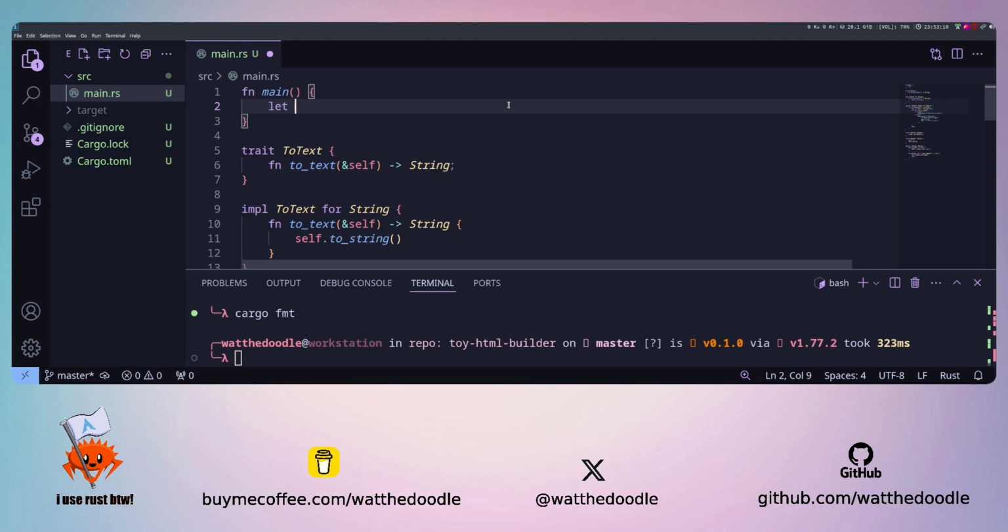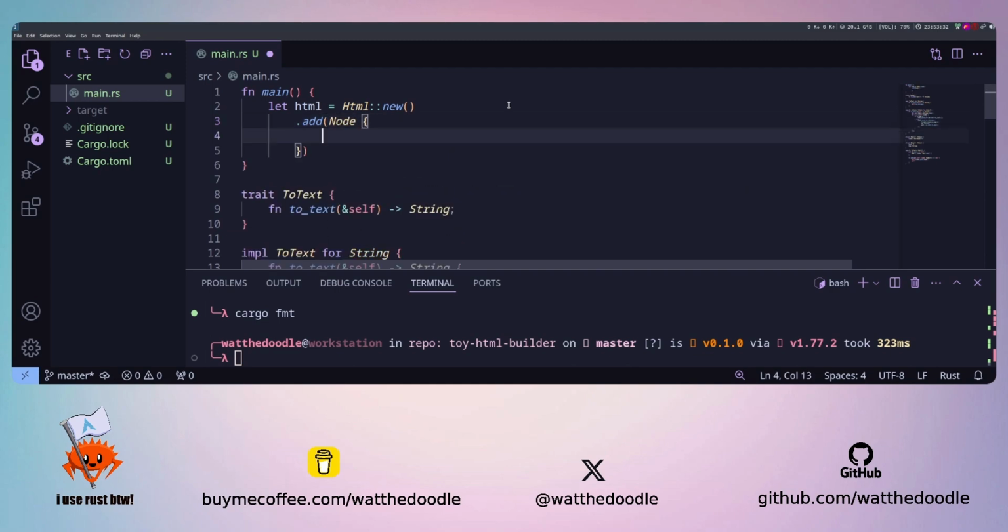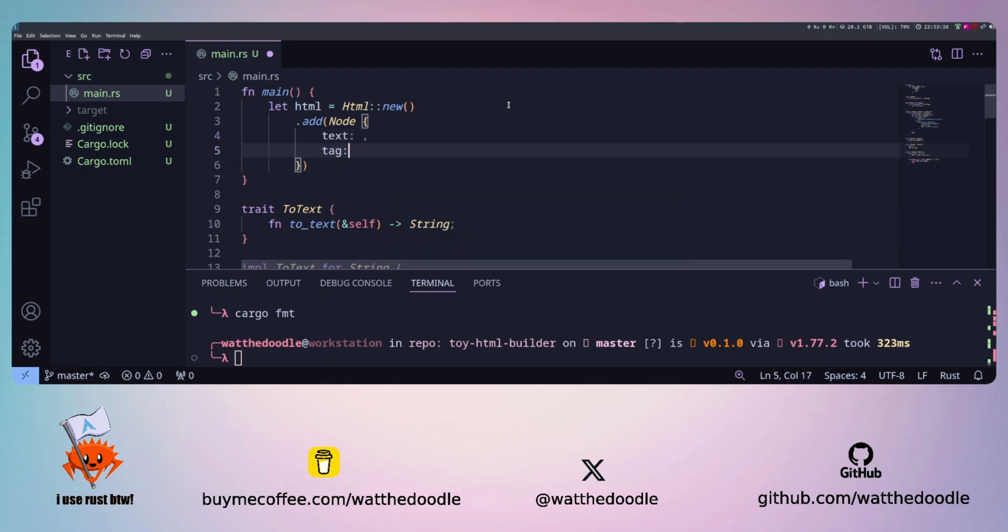So let's say let html equals HTML new, and we're going to add into that a node, our first top level, our parent node, if you like, and that's going to contain some text. We'll come back to that in a second, and the tag for that is ul, which is like an unordered list, for example. Now we can nest this because we can say that actually is HTML new